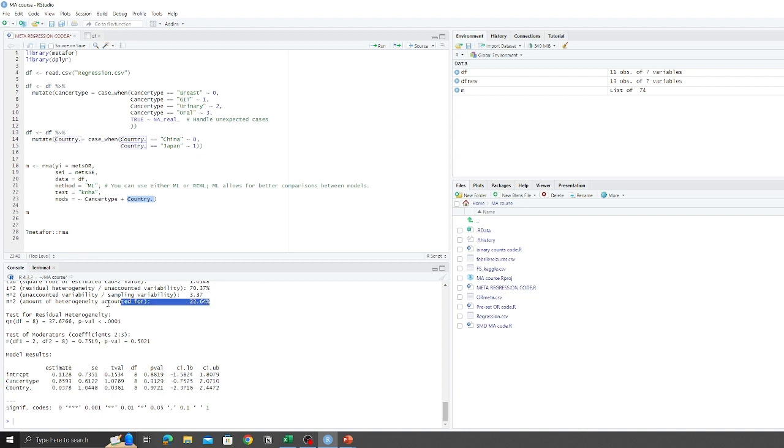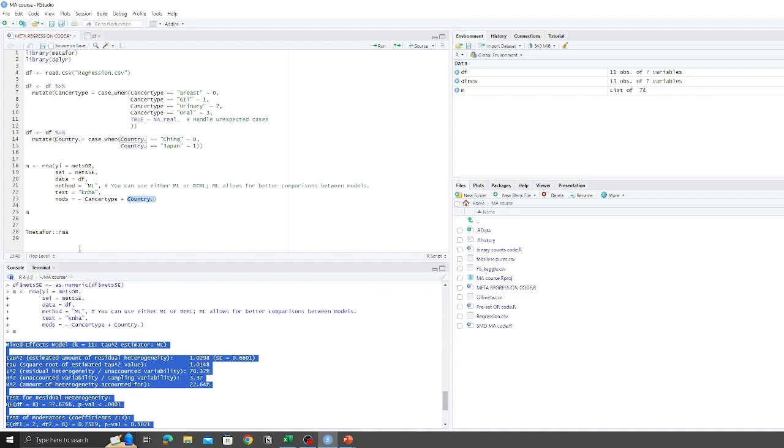That means we did account for some heterogeneity, but the actual effect of cancer type on the outcome itself is not significant. So cancer type does not necessarily affect the OR, the odds ratio of developing metastasis, but it did account for some of the heterogeneity that was present in our study. So that is how we interpret